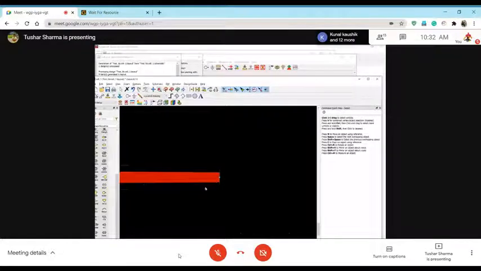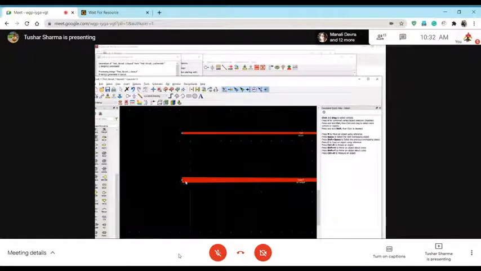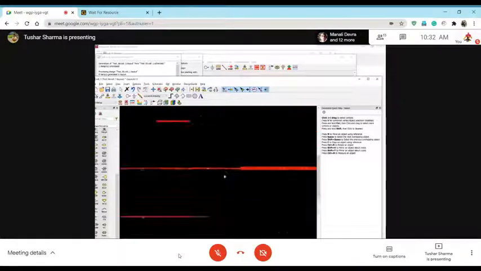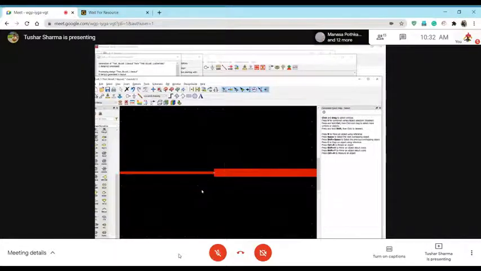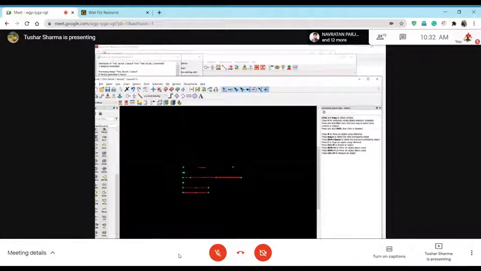So you will see a lot of these things being used in PCBs. But a taper makes it a smooth transition. So you don't have to use something like you are using here. This is not something which is desired. So yeah, I guess this is pretty much it about transmission lines.